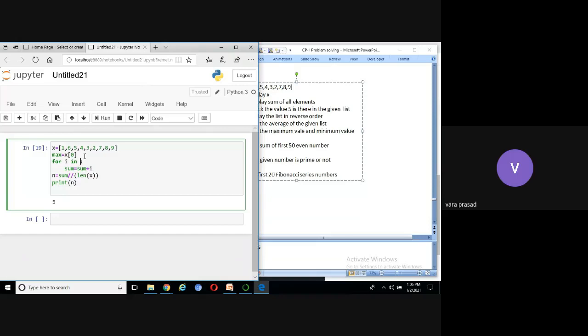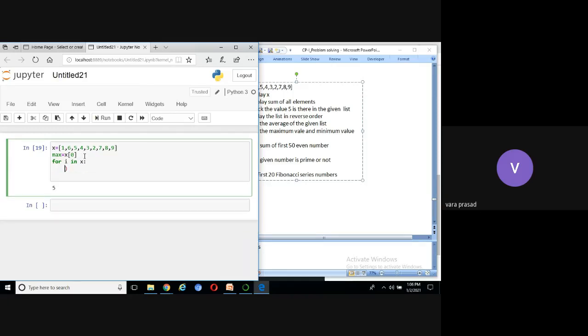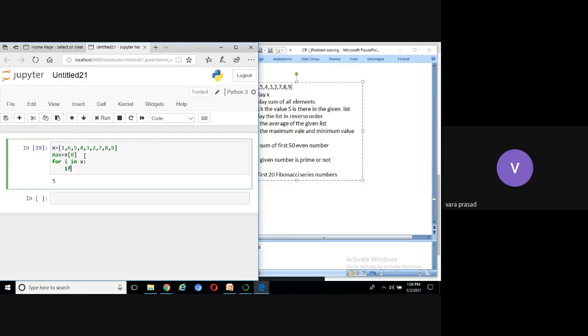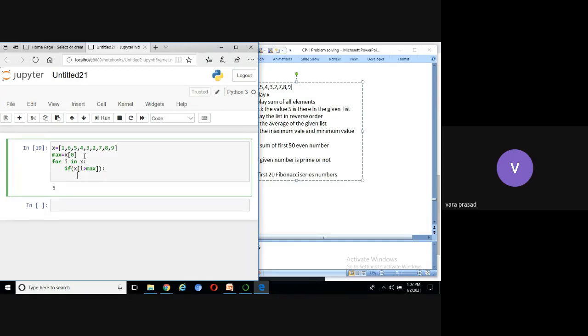If I start with the for loop, then how to write the statement here? If X of I greater than max, colon. If it is true, what do we have to do? Max equals X of I.